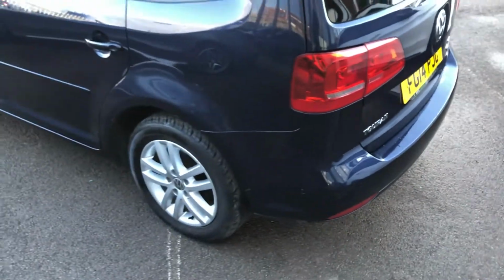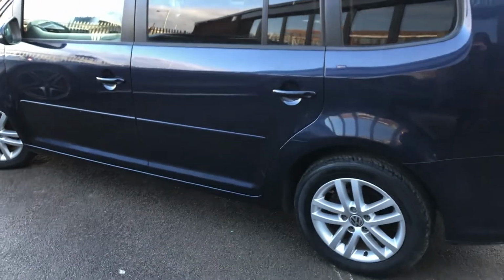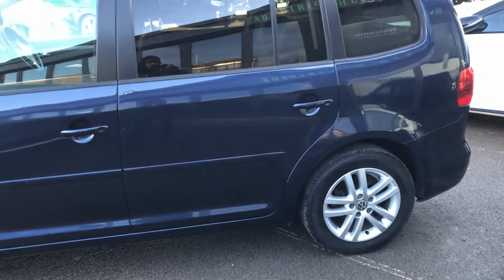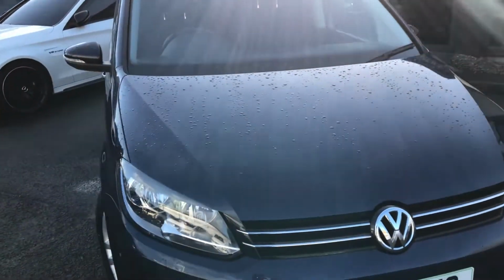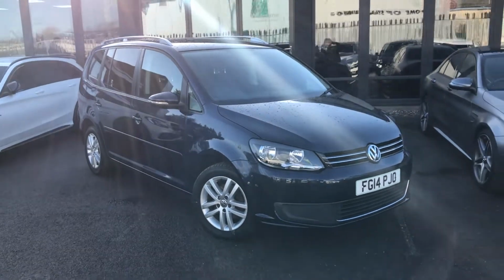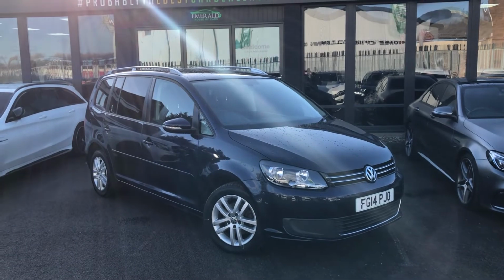And moving on to the passenger side, again, as you can see, we have our alloy wheels. Bodywork on this example is in fair condition, same with the paint. Again, 8-year-old car. But all in all, it's a nice little family mover. Definitely keep everyone entertained, from dad, mum and kids, maybe the dogs as well. So yeah, that's the exterior of this Volkswagen TOURAN, and join me in just a second when we'll have a